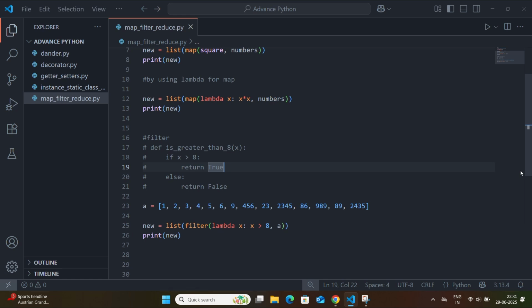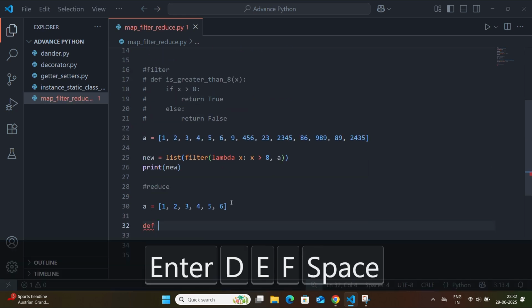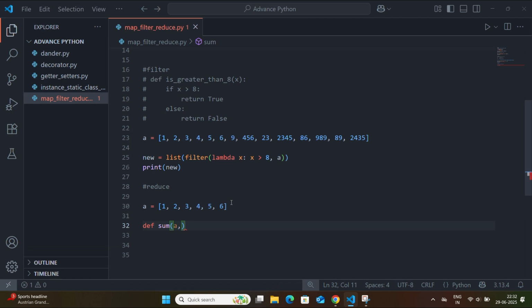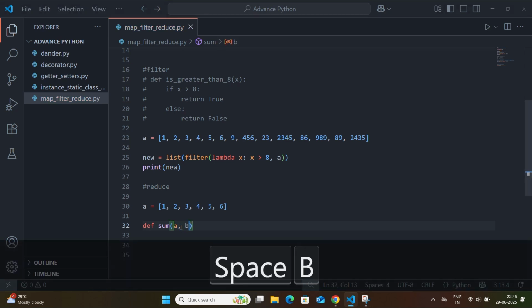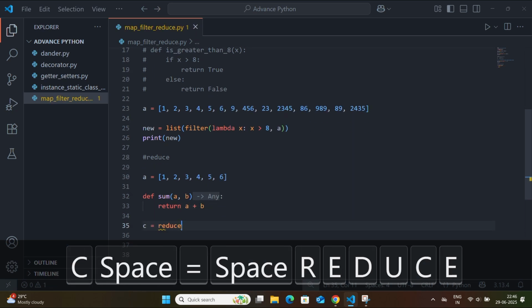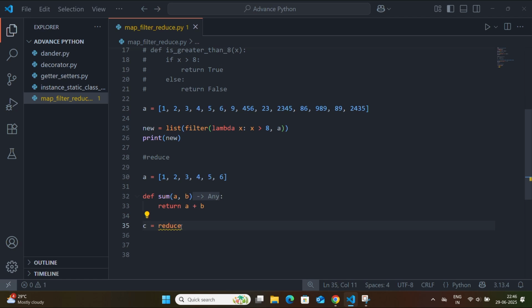Now let's talk about the reduce function. Unlike map and filter, reduce is not a built-in function, you would need to import it: from functools import reduce. Let's say you want to compute the sum of all elements in the list. Let's create a function def sum a comma b, return a plus b, c equals reduce.